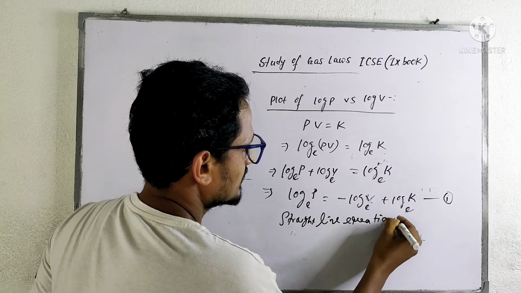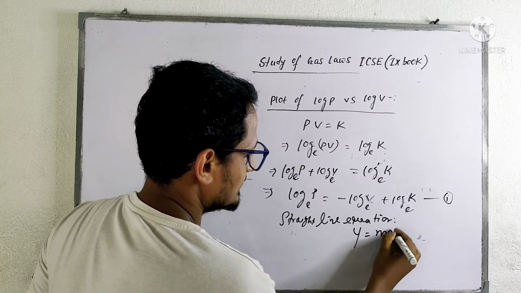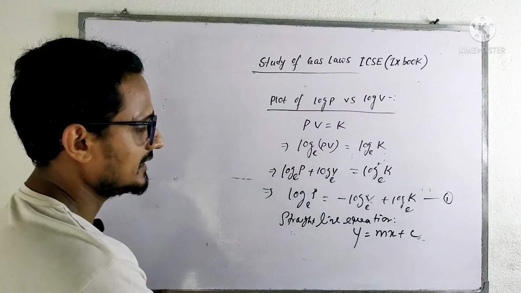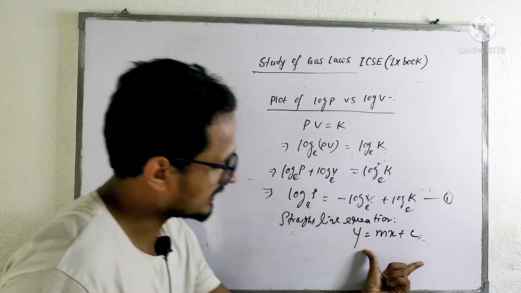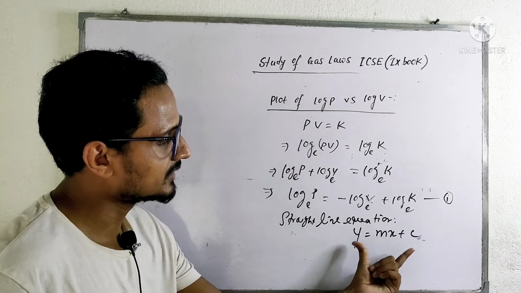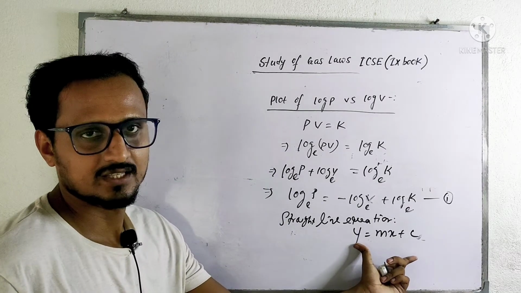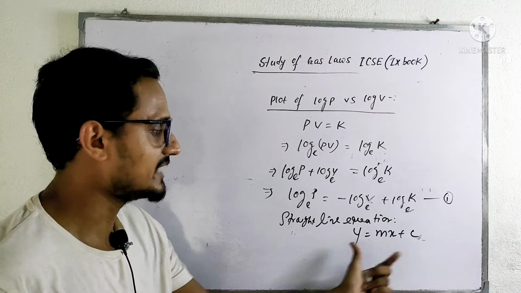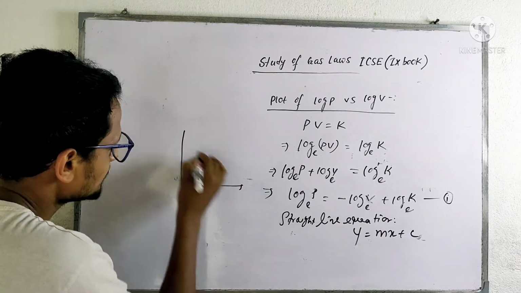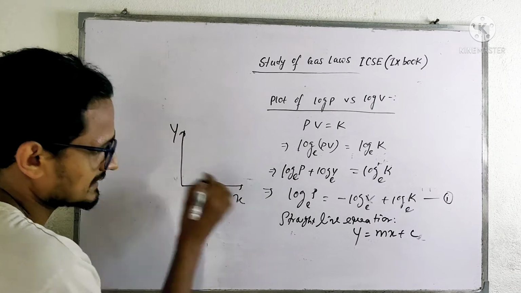Straight line equation is what? y equal mx plus c. This is the straight line equation, the normal algebraic form of a straight line, y equal mx plus c. And the geometrical or graphical form will be, if it is y and it is x and it is 0, 0 origin, then we will get